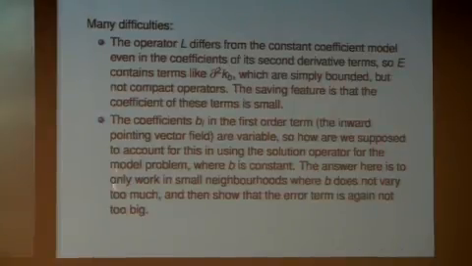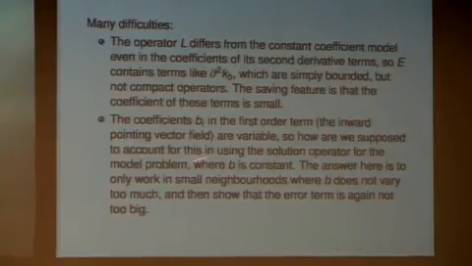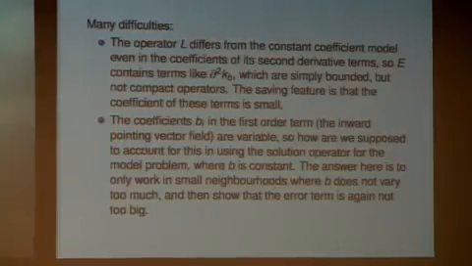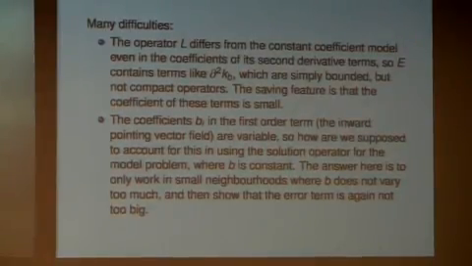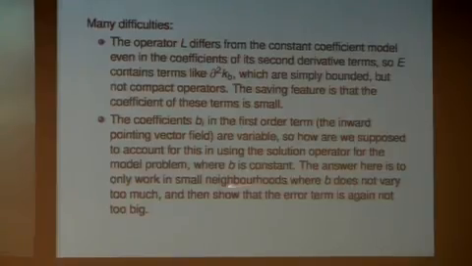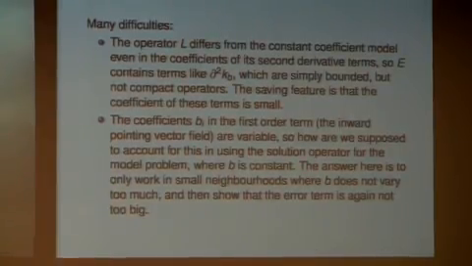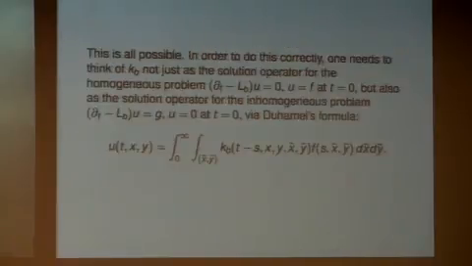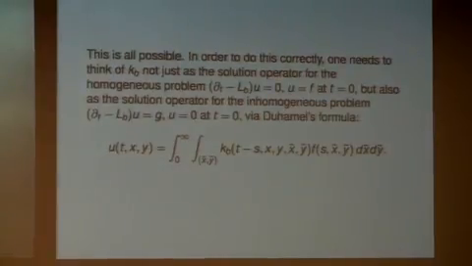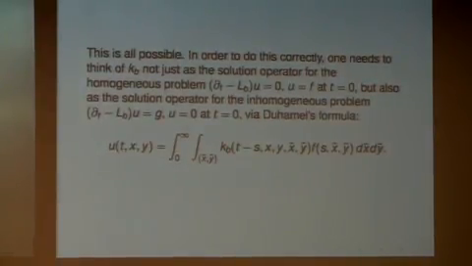Okay, and then the other point is exactly the one I've raised here: the first order term has these coefficients B, and they vary. They're sort of a variable term. Now, it turns out that for the problem we're studying, we can get around that. Locally, the variation is not too large because they're smooth functions. So we work in small neighborhoods where B is almost constant. But, okay, so it's possible to do all of this.